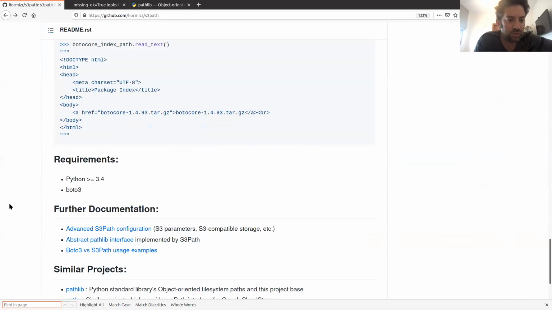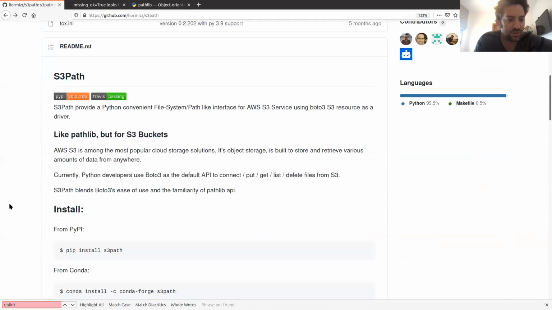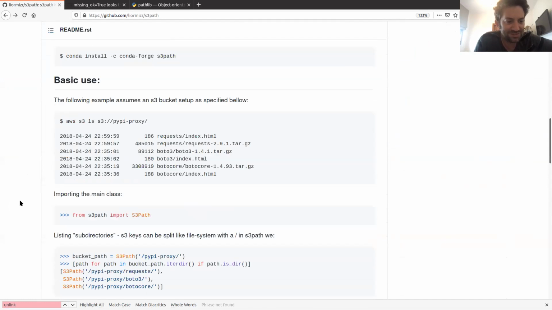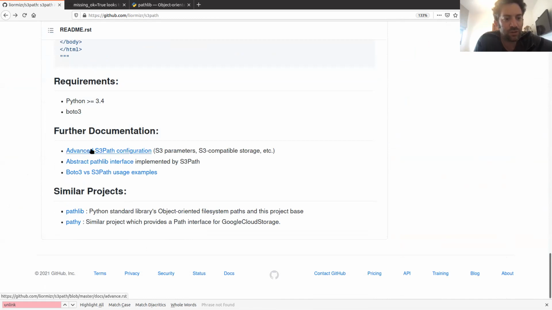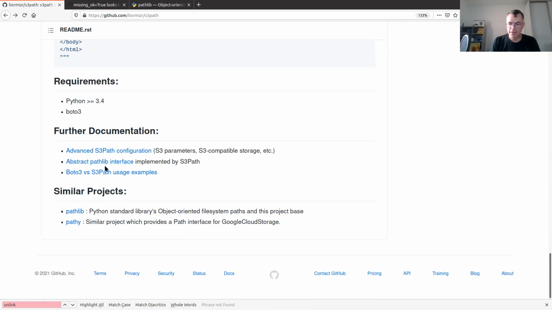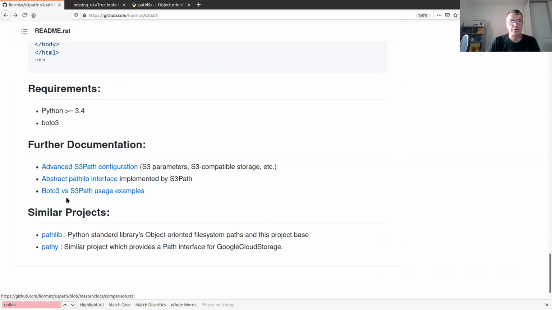If you go down to the end, we don't have the word unlink here. Here you have further documentation. You have advanced pathlib, one down, abstract pathlib. I can enlarge the fonts if you want.